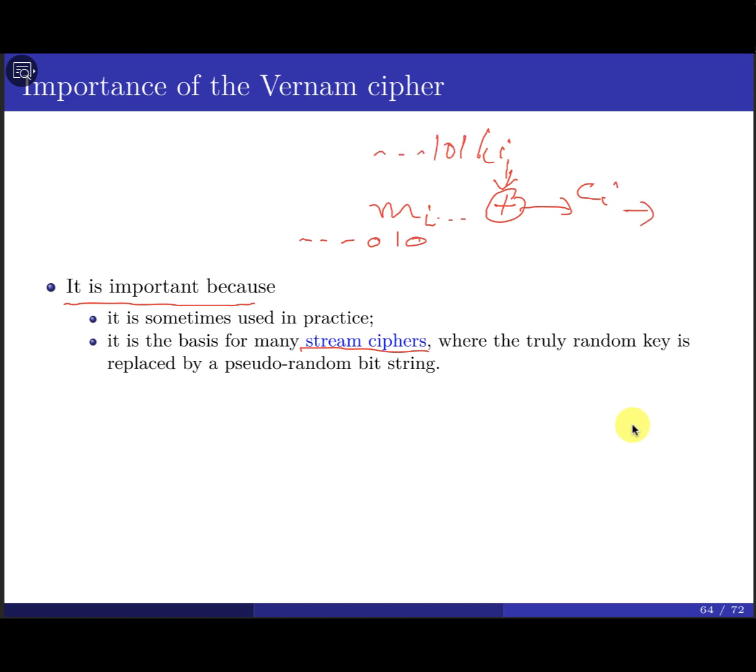In order to perform the decryption, I'm going to use the CI. I'm going to have to use the same key I, or the set of the key that I have, in order to produce the MI, which is going to be 0, 1, 0. That's what we call the stream cipher. It's a very important one. We're going to see this one. How can we implement this using this technique? Of course, we're going to see later.